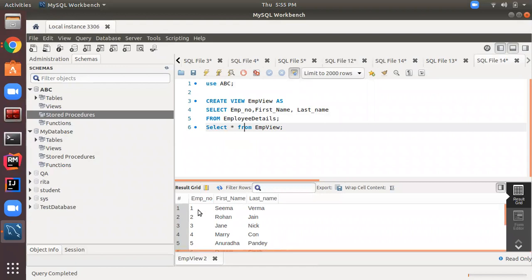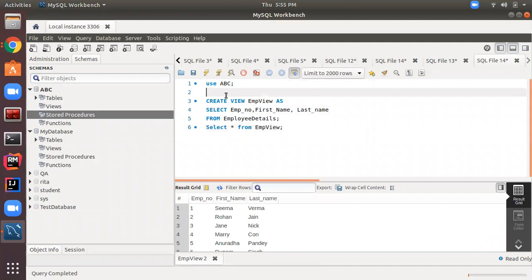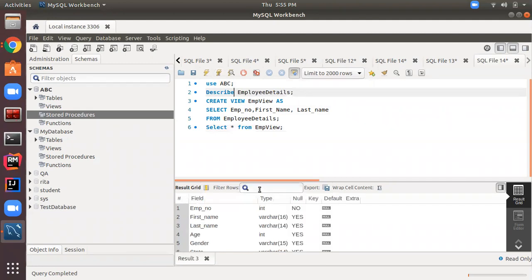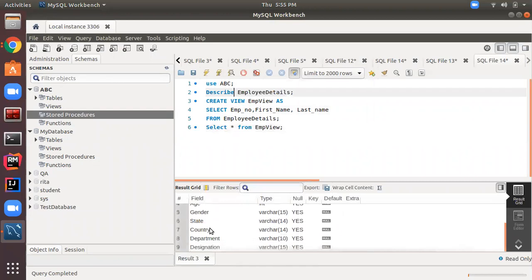See, it's showing us only employee number, first name and last name, because in the view statement we have selected only the columns employee number, first name and last name. It is not showing me the other columns present in the employee detail. If you check the schema of the employee detail table, there are a number of columns. Let us check. Here you can see there is information about employee number, first name, last name, gender, country,